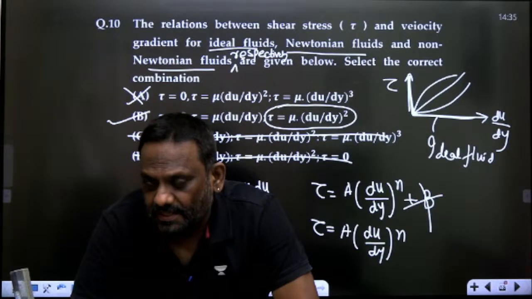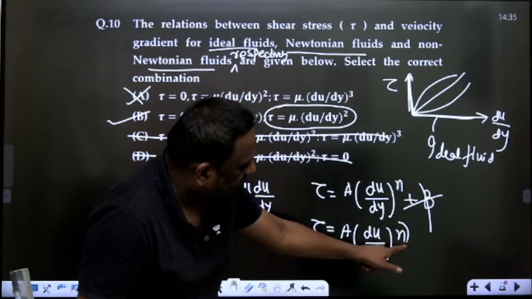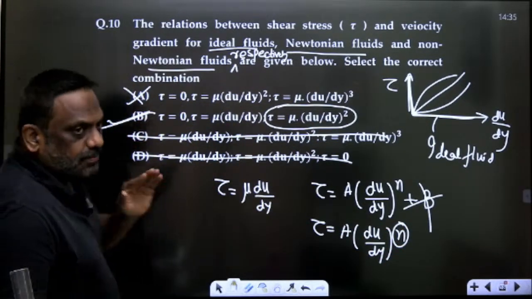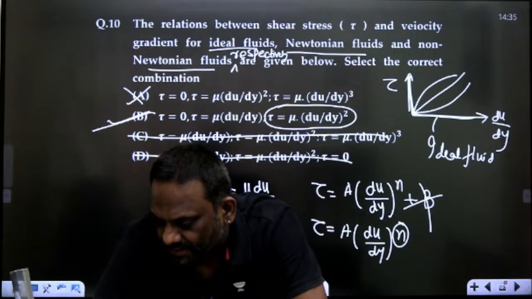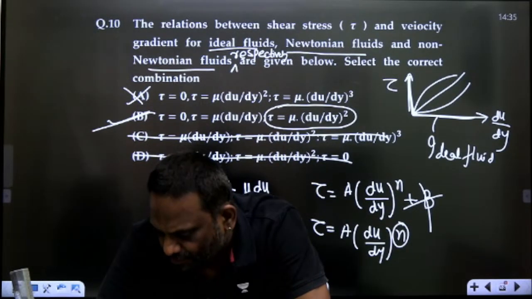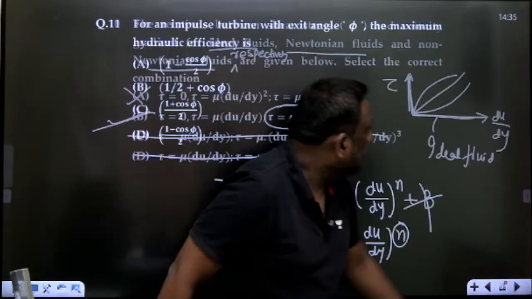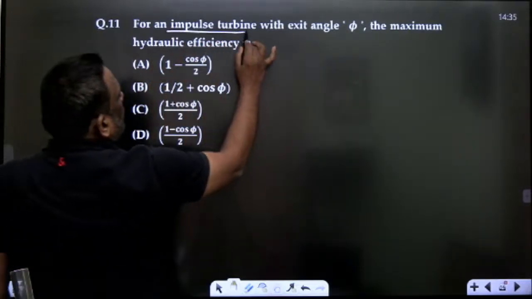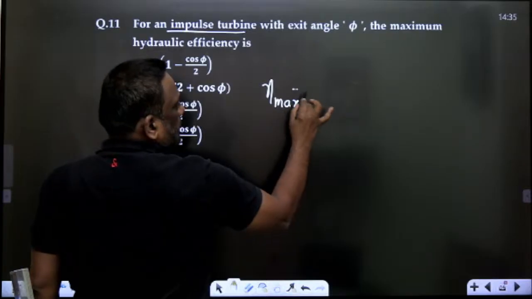It is dilatant, sir. Tau is equal to a du by dy whole power n. If n is greater than 1, it is dilatant. Of course it is non-Newtonian. It was not asked, but still I am giving it. Yes, it is shear thickening. Absolutely correct. Shall we proceed? Shear thickening. Take this. In an impulse turbine, the maximum hydraulic efficiency is given by